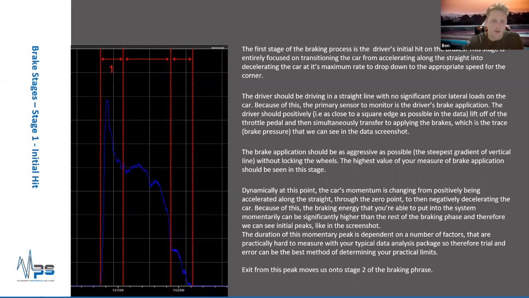Then we're asking the car to go from an acceleration state, back through 0, and then to a decelerating state. Practically, from the science point of view, momentarily we can put a huge amount of energy into the braking system and not overwhelm the tyres or cause lockups. This is because we are reversing the polarity of the momentum of the car from accelerating through 0 to decelerating. So we get this initial peak, this initial spike,